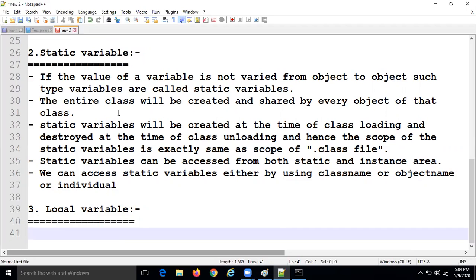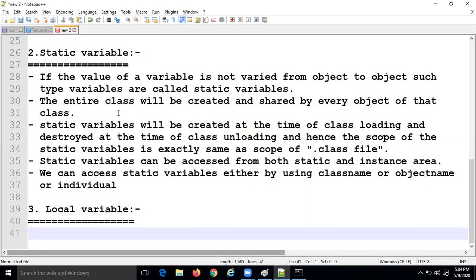They are created as part of block execution, and destroyed once that block execution completes. Hence the scope of the local variable is exactly the same as the block in which we declare it.